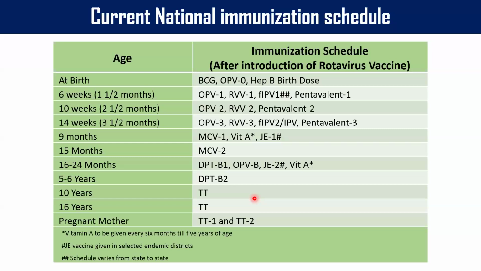You look at the immunosuppression. If the child is severely immunosuppressed, CD4 count is less than 15%, you wait for ART to kick in and immune reconstitution to happen. Once there is immune reconstitution happening, your CD4 going up more than 15%, then you can give all these live vaccines. Otherwise, there can be a vaccine associated adverse event which will be very difficult to manage also. So you have to be very careful, and you can also end up in some legal issues. So you have to be very careful when you are giving live vaccines in a child with HIV where your immune suppression is very severe.